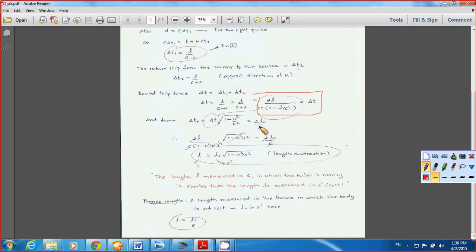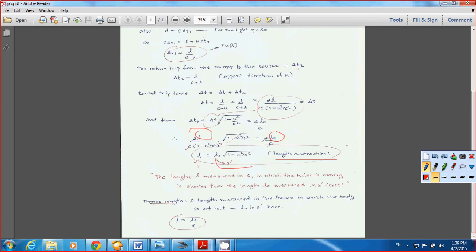So you take this delta t into the equation here, right? And this term is still the same. You rearrange the term because now you have L0 and L. That's what you're looking for, the length transformation, Galilean or length transformation. So you end up with L equal to L0 multiplied by the square root of 1 minus u square over c square, and that's what we call length contraction,